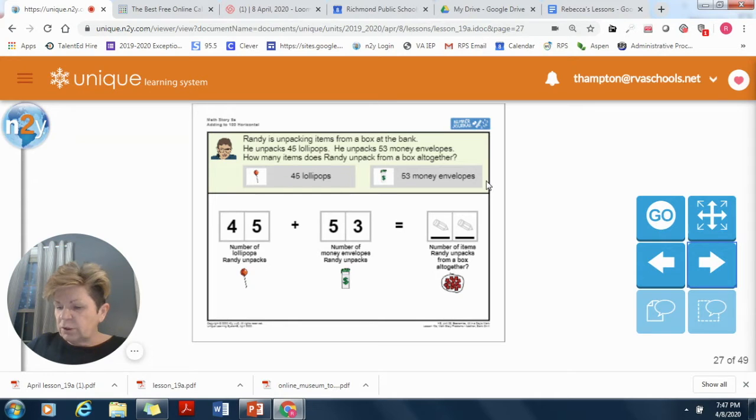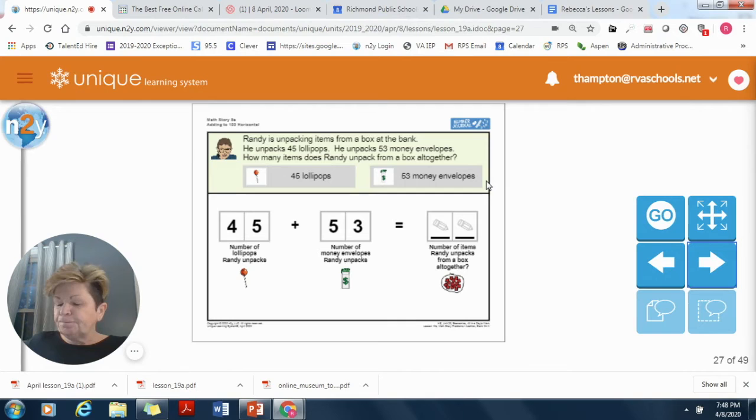And if it helps you to make like a T, you put your ones on one side and your tens on the other, you can definitely do that. So it would look like this. Kind of helps you keep them all nice and lined up. And another thing you can use is graph paper. You know those papers that have the blue lines on them that make lots of little squares? Graph paper. And you put one number in each of the squares, helps you really easy keep everything nice and organized. All right, so we have 5 plus 3